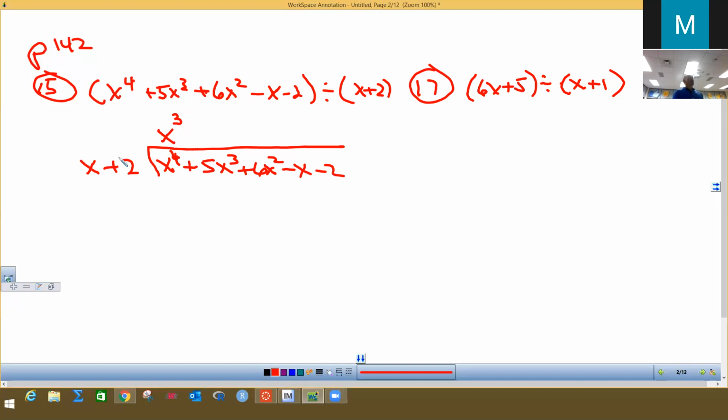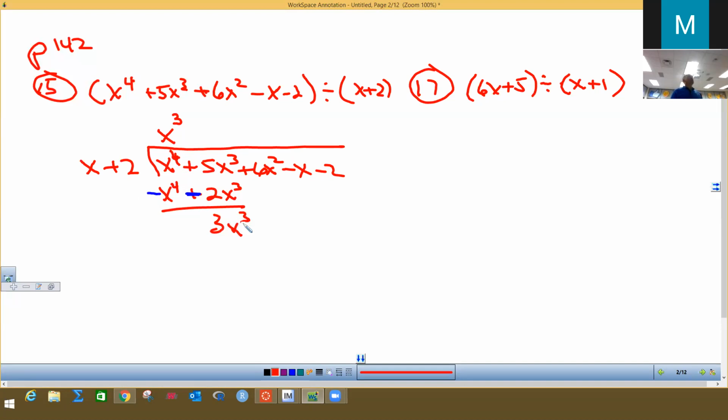And then I take x cubed times both these numbers. X cubed times x is x to the 4th. X cubed times positive 2 is positive 2x cubed. Now we are going to subtract this whole line. So I recommend you change the signs because we have to subtract everything in that line. If you don't change all the signs, you'll mess up. The first ones will always cancel. If they don't cancel, you've made a mistake. So 5 minus 2 gives me